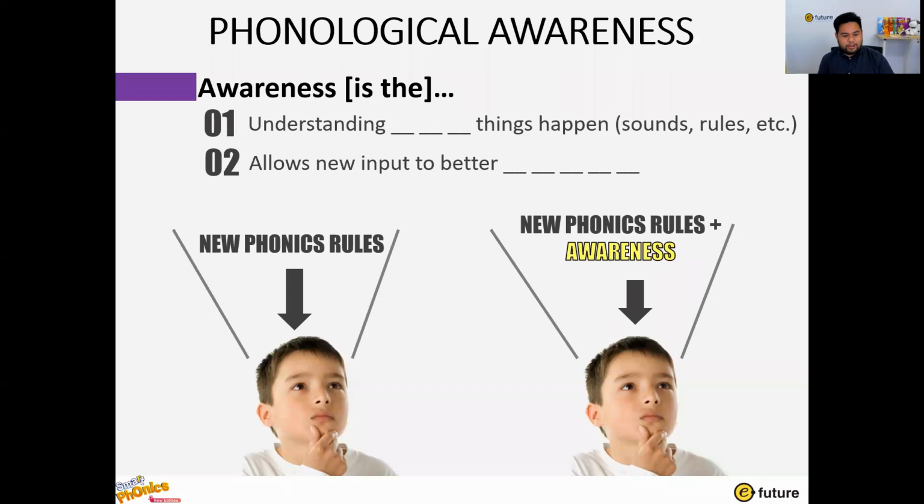We have a 3-letter word here. So why, understanding why things happen. Understand that things happen. Teaching the students life lessons. Okay. Things happen. How things happen. And how about number 2, allows new input to better what? How things happen allows new input to better